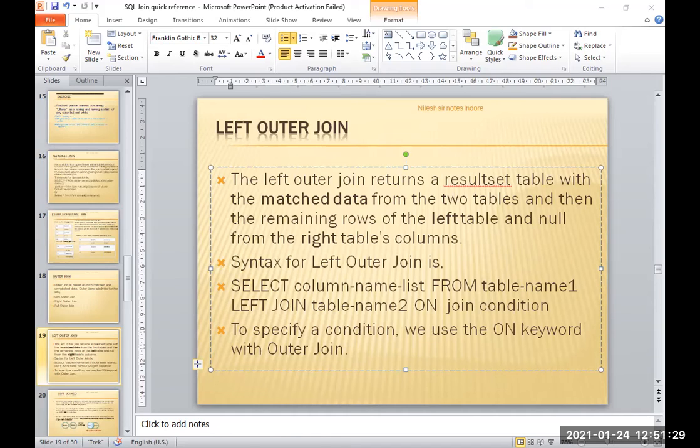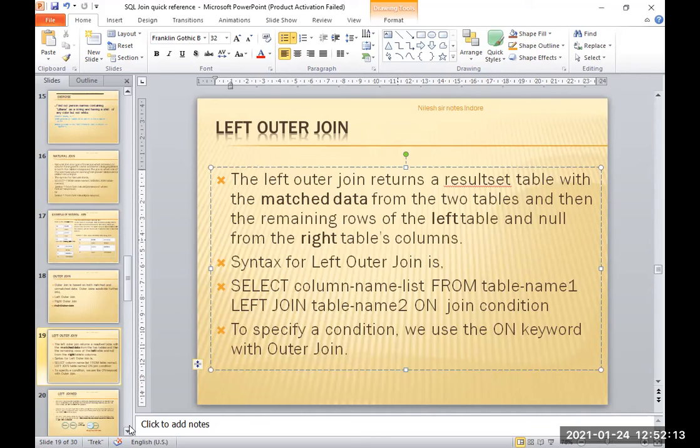Now left join. Here is the example. The same thing you can apply with the on keyword: on first dot id equals second dot id. The same thing applied. The only difference between using and on is that with the using keyword, the id column will not display twice, only a single time. In the case of the on keyword, id will display two times. The meaning is the same. Left join.